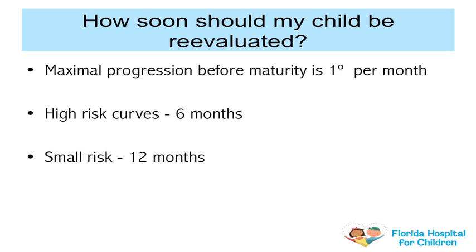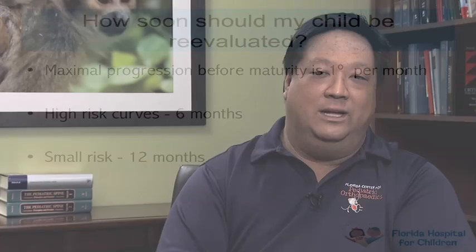So what does this mean? And when should my child be reevaluated? Well, people know that on the average, in a growing child, curves progress at about 1 degree a month. As an adult, or a skeletally mature child, it's 1 degree a year. The measurement error for scoliosis measuring is about 3 degrees plus or minus, so it'd be hard to say that a change of 2 or 3 degrees really is a true change, and perhaps it's human error. You're looking for a curve of about 5 or 6 degrees worsening over a span of